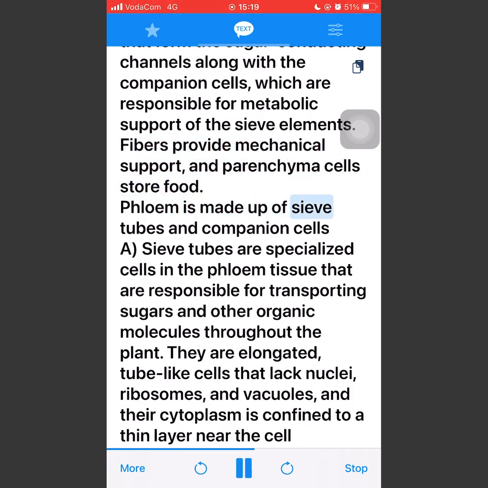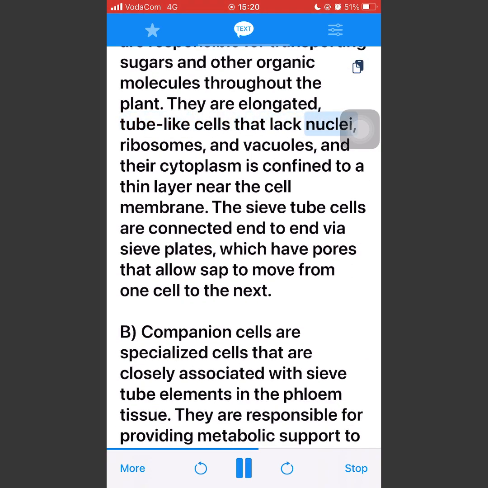Phloem is made up of sieve tubes and companion cells. Sieve tubes are specialized cells in the phloem tissue that are responsible for transporting sugars and other organic molecules throughout the plant. They are elongated, tube-like cells that lack nuclei, ribosomes, and vacuoles, and their cytoplasm is confined to a thin layer near the cell membrane. The sieve tube cells are connected end-to-end via sieve plates, which have pores that allow sap to move from one